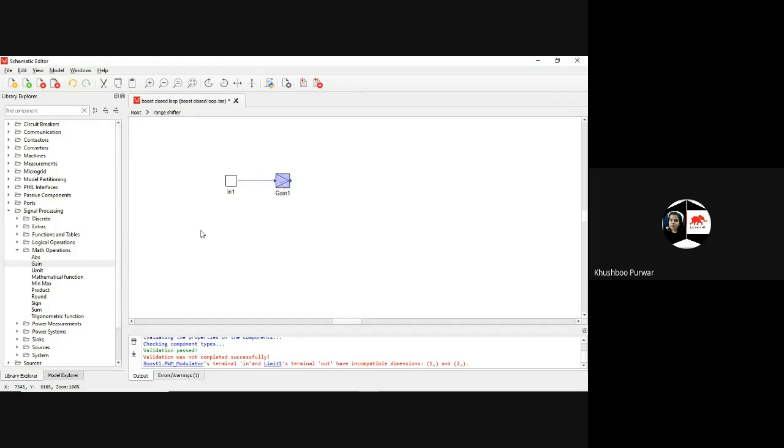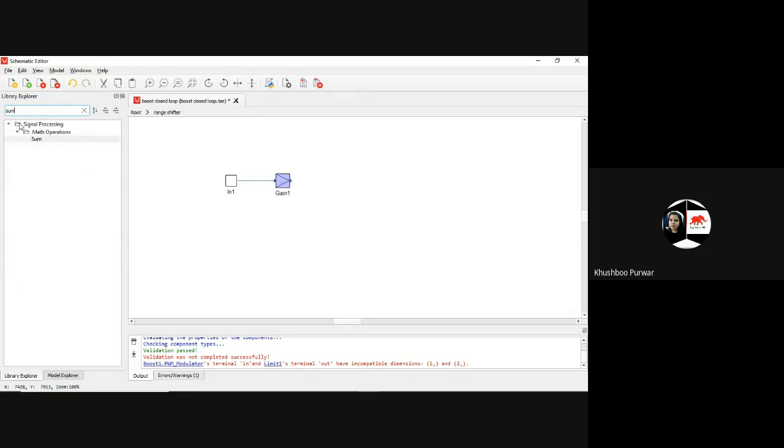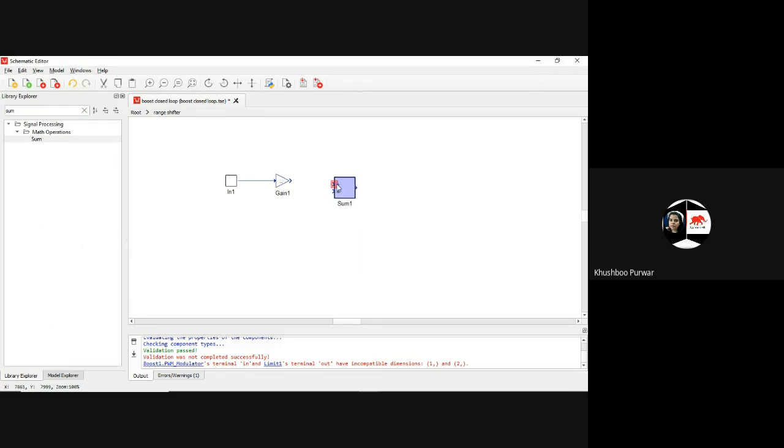Then I'll use one sum. I need a 2 plus sign, so it's okay. So 0.5 is going from the gain. This will shift the range as per requirement.